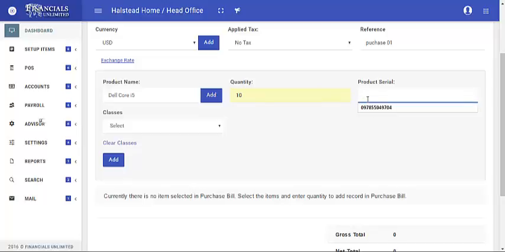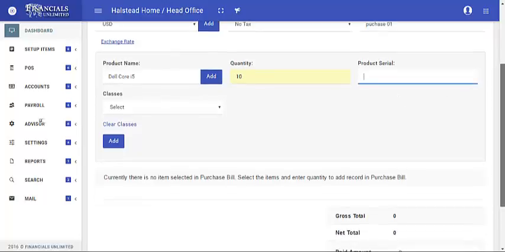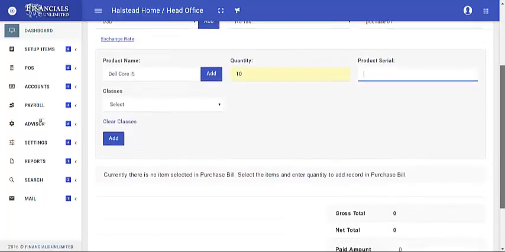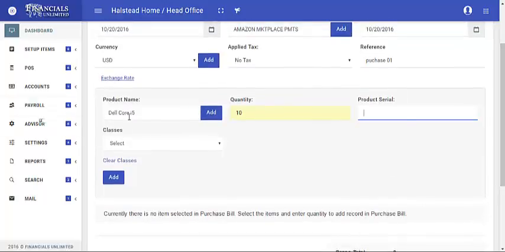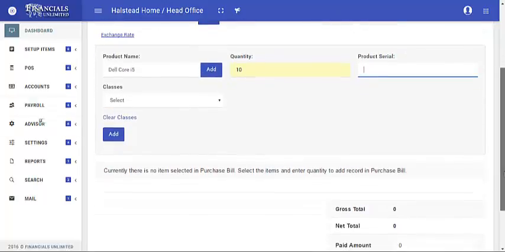Then this barcode number would be automatically associated to this particular product, so that when in future you buy again, you don't have to find this. You just need to click over here and scan your product barcode. Then if that barcode is already associated with one of our products, then that product name would automatically appear over here. Right now we don't have a barcode for this particular item. That is why we are going to leave this.